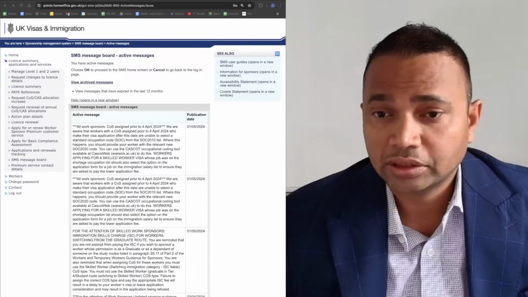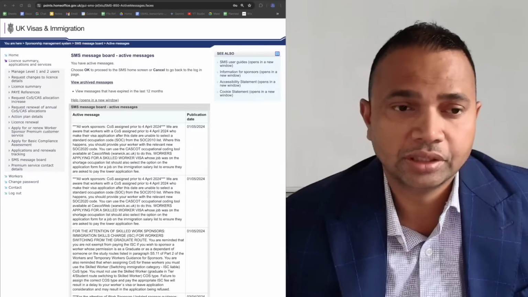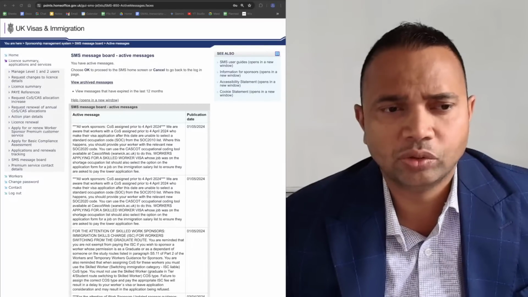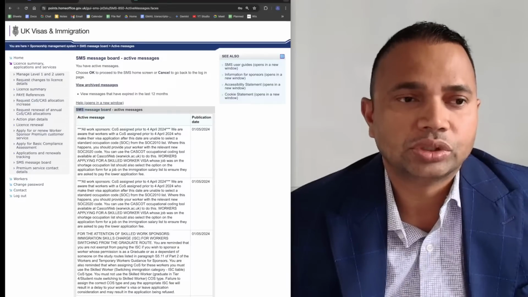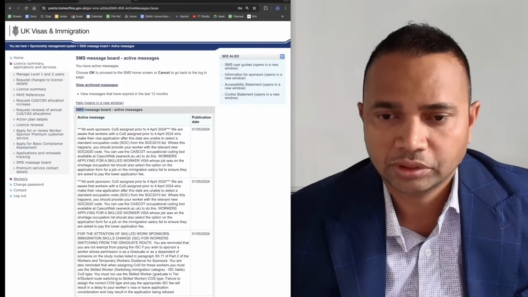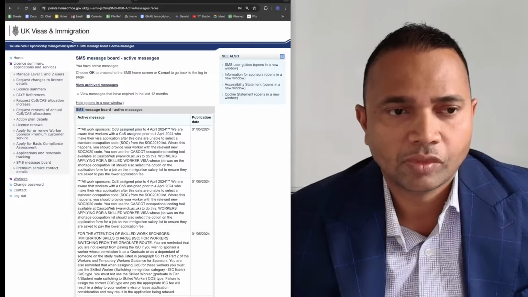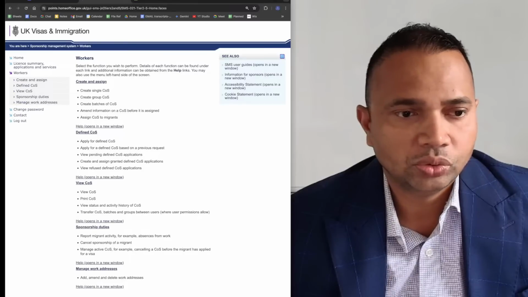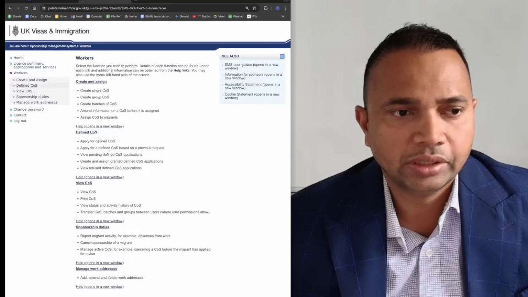So this is the SMS screen, sponsor management system. We call it shortly SMS. When you log in, this is the page where it opens, the SMS board, any messages. So you start first, you go to the workers option. Click on the side panel, you have workers. You click on that. Under the workers heading, you have on the left panel, I'm hovering over it, you see